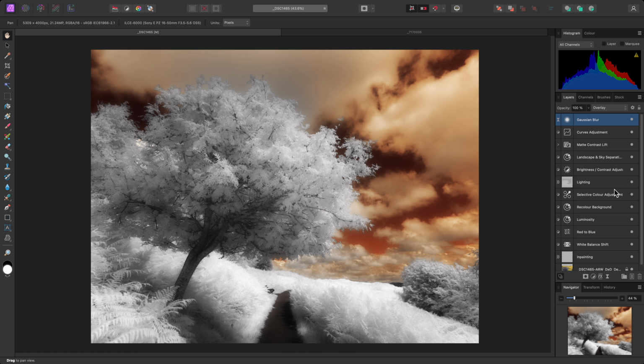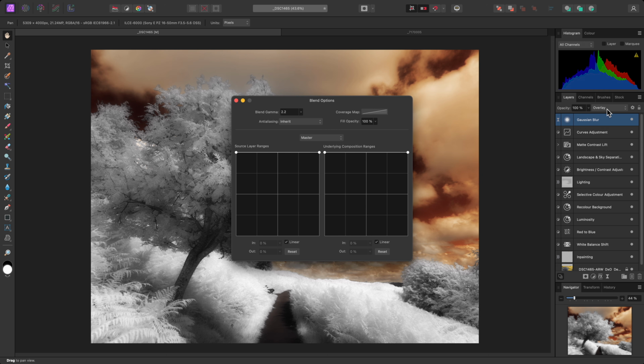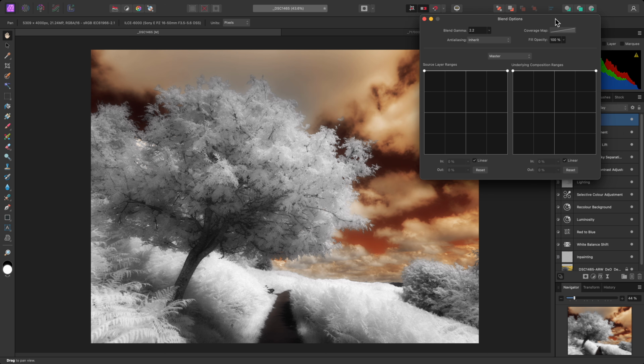This produces an effect that is far too strong, but I can now use blend ranges for fine control over how this Gaussian blur layer will blend. I'll click the cog icon here to access the Blend Options dialog. And on the Source Layer Ranges graph, I'll click-drag the left-hand node down all the way. This will prevent the effect from applying to the darker tones in the image, and will reduce the excessive contrast